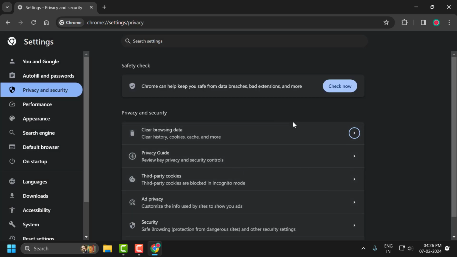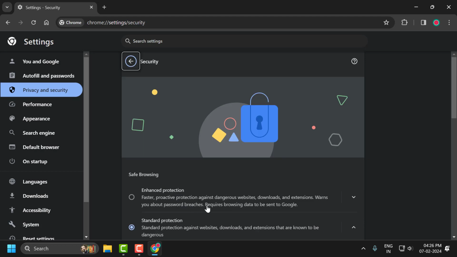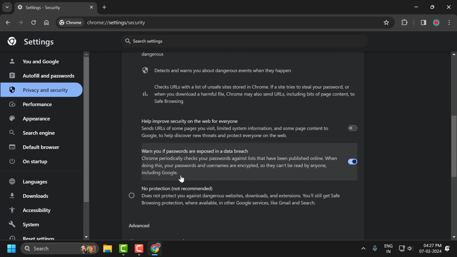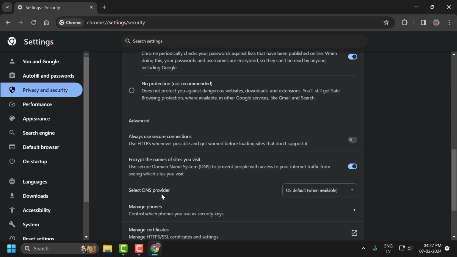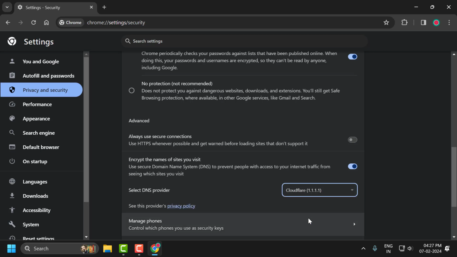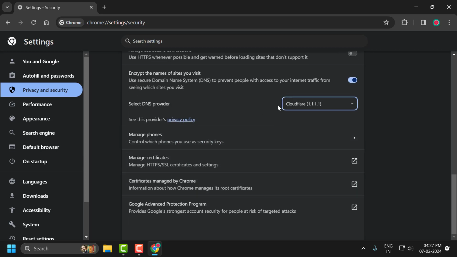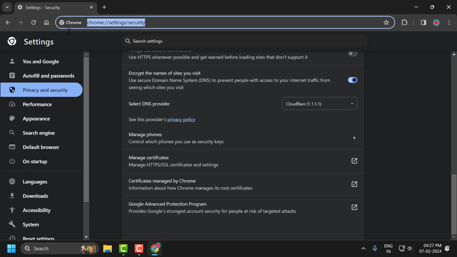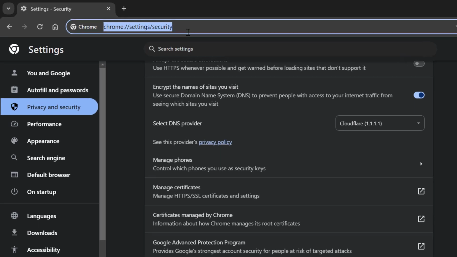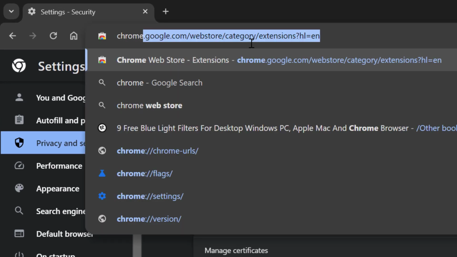After doing this, you just need to scroll down and select security. In here you just need to scroll down. Under the advanced, select DNS provider. You just need to click on this drop down and select Cloudflare DNS. And after selecting this, you just need to go to search menu over here and type Chrome colon